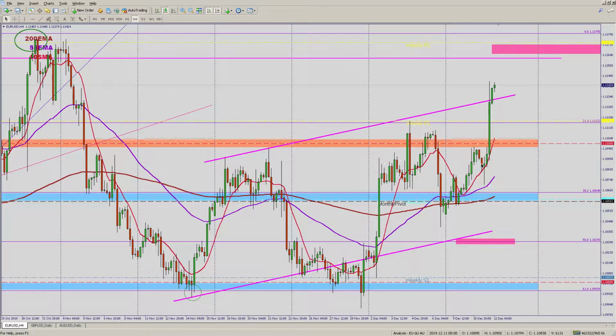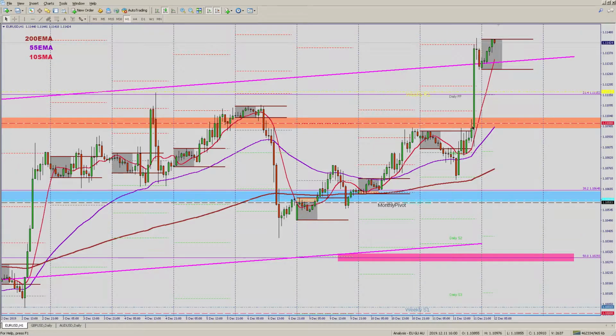And after forming a hammer just above the 55 period EMA, that's when the Euro started to creep up, and this was the 4-hour candle that the Fed's decision was released, and that's where it punched through the 111 resistance level. Let's take a look at the 1-hour time frame,